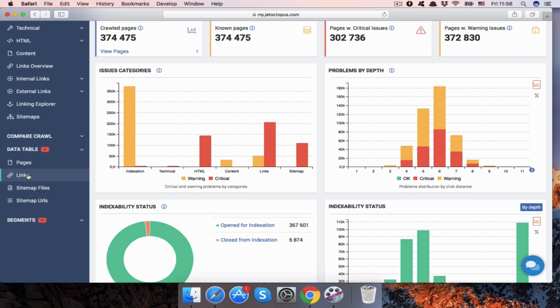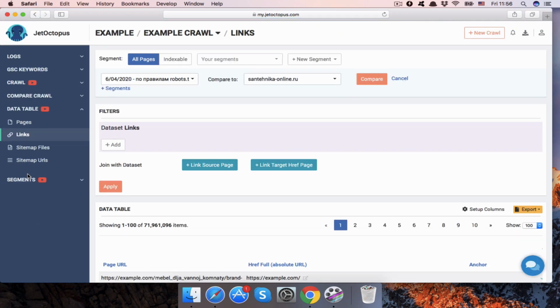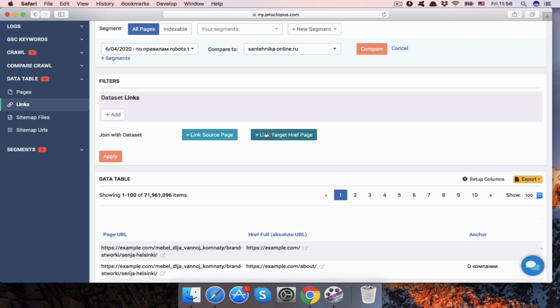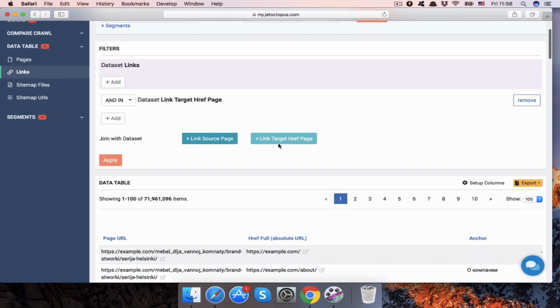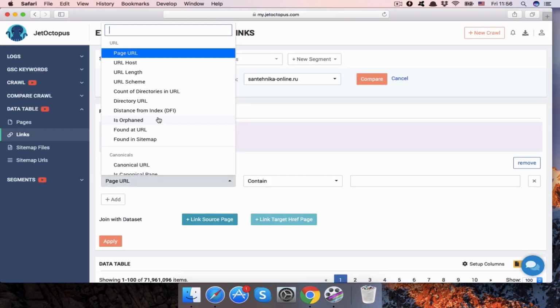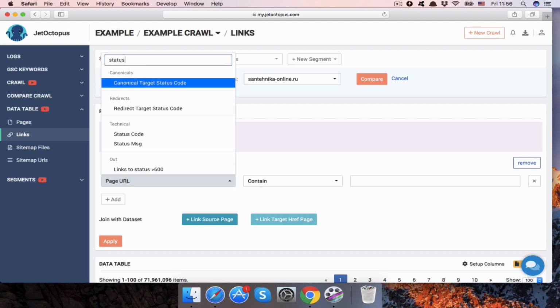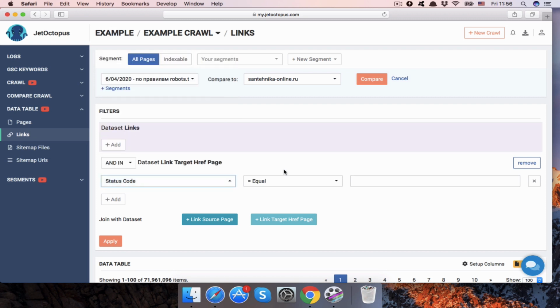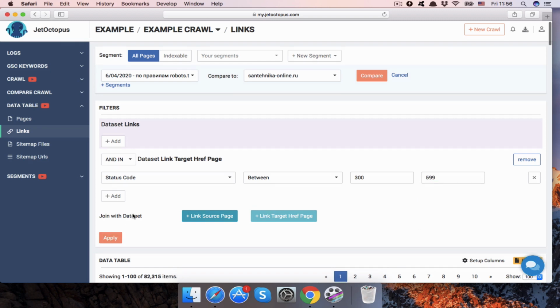of these URLs. We are going to data table links. Then we join link target href page dataset. Then we pick up the filter status code between 300 and 599, apply the filter,